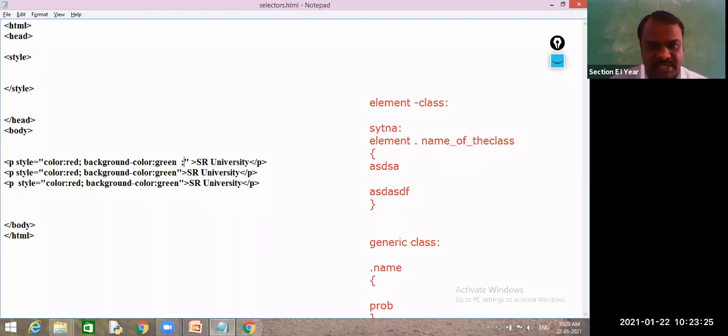But here we have one difference: the font size is 100 pixel, and the remaining font sizes are somewhat different. The font size is 50 pixel for this one, and for this element the font size is 50.